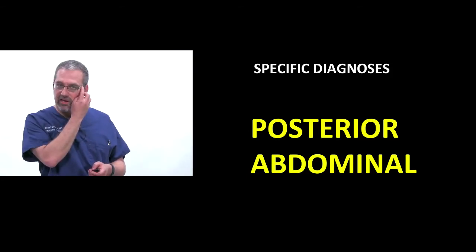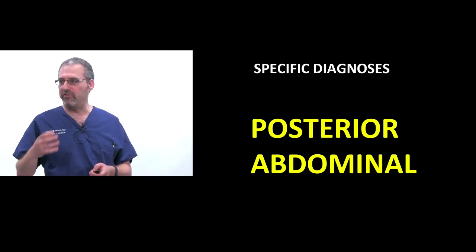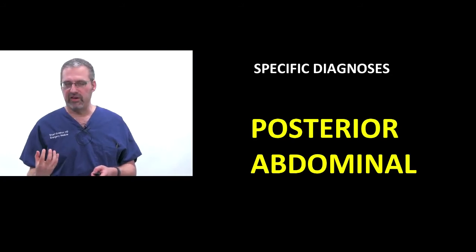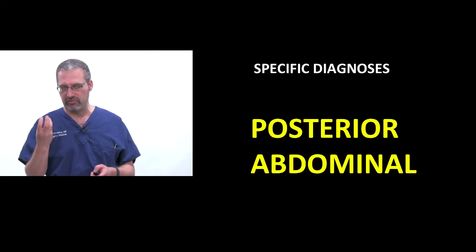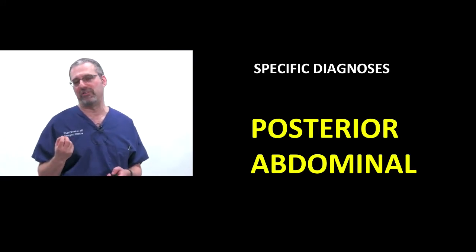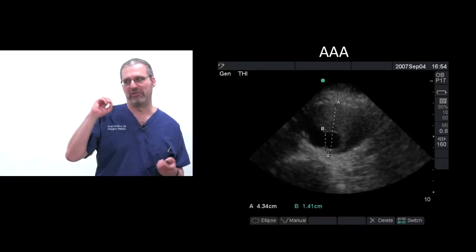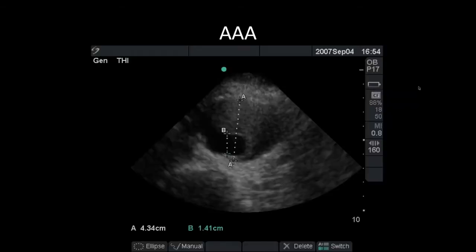Now, just a couple of other images just to reinforce what we've talked about. We're not going to cover anything new. I just want to make sure that we've really fleshed out all those red hot, the worst diagnoses. So for posterior abdominal, you must do something to assess the aorta in any patient who's got hypertension and who's older, maybe 50 and up. And that's very simply done by measuring the outer diameter of the aorta. And you can see there that there's a huge clot there and then a small lumen, and that's all AAA. And so most of you have seen that at some point.